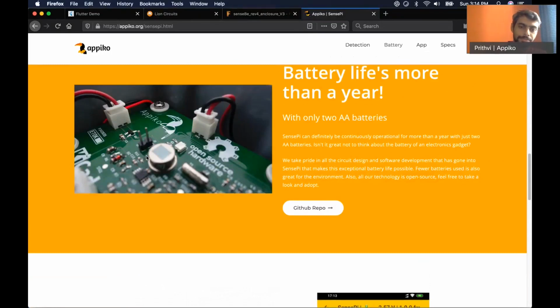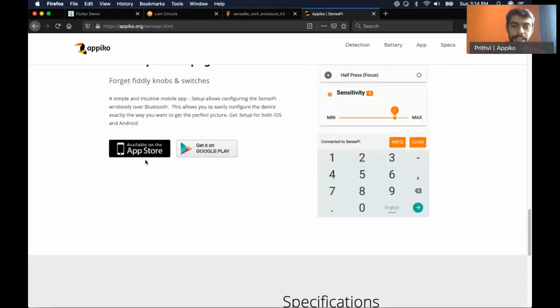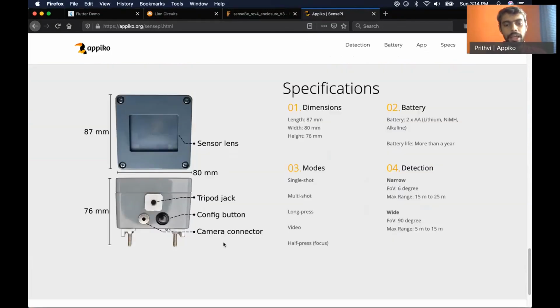We would need a connector to connect the camera, and we would need a button for the user to interact with the system, as well as LEDs to show the various modes that the system is in. So overall, these are the different components present in the system. Because this configuration button is very limited in setting the various parameters, where there are different modes of operation that the SensePy can work in,